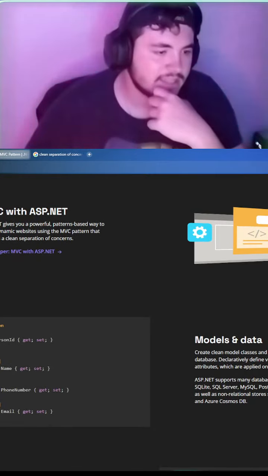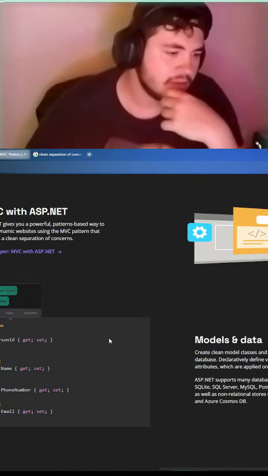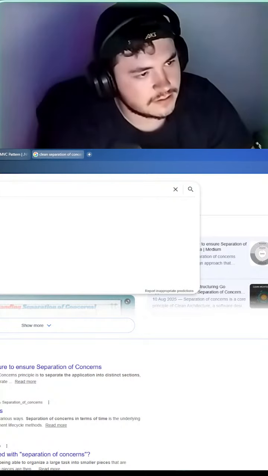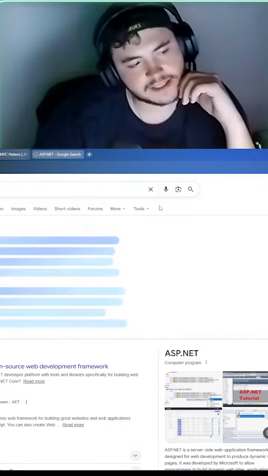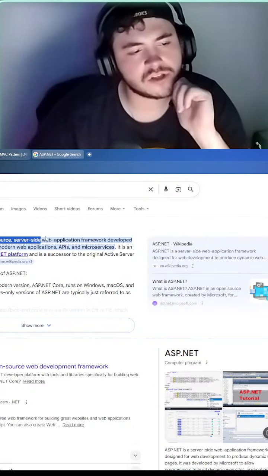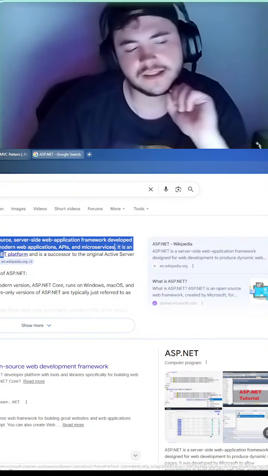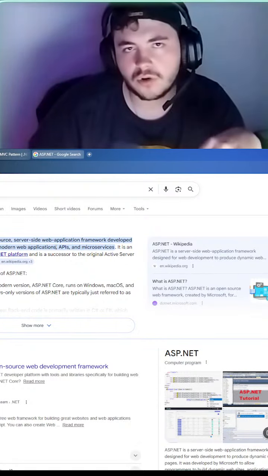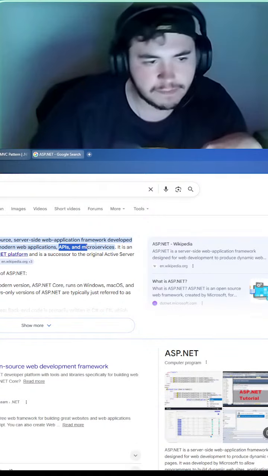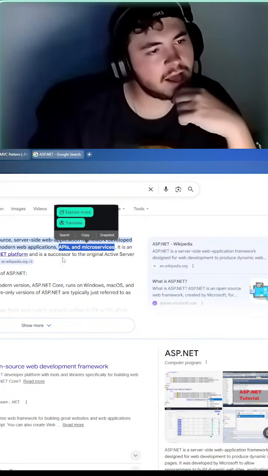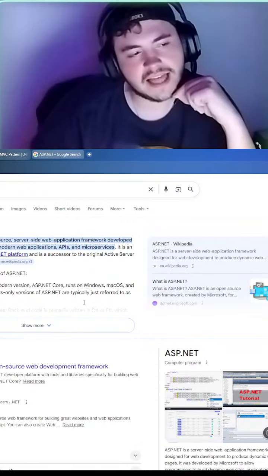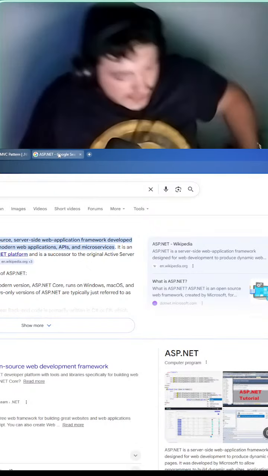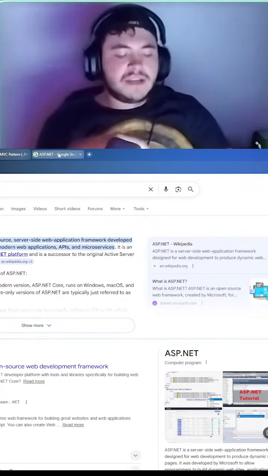So here is some C# stuff. Let's quickly cover what ASP.NET is. ASP.NET is a free open source server-side web application framework designed by Microsoft for building modern web applications. It's basically a framework for how you will specify your API, your microservice, and so on. I'll cover APIs and microservices because we will have that in the course of our development here. Ideally, I will have a microservice for the backend and a microservice for the front end. So let me quickly touch on that.